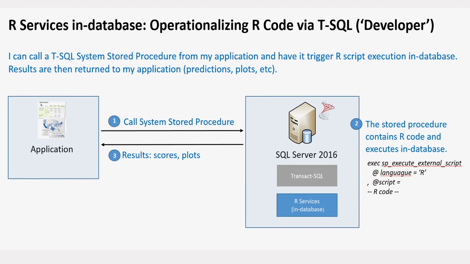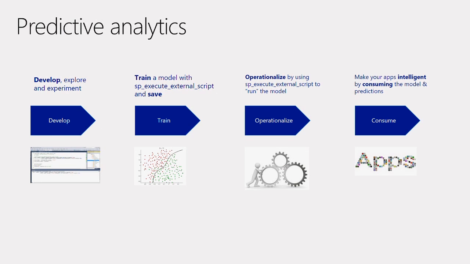You can also then deploy these models inside the database and execute them inside the database, right? And so the way it works is basically you have an idea, you have a concept, you develop the model, and then you train the model with data until you get to a point where the model is accurately predicting, and then you operationalize the model.